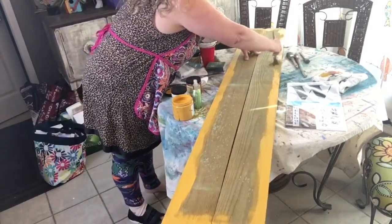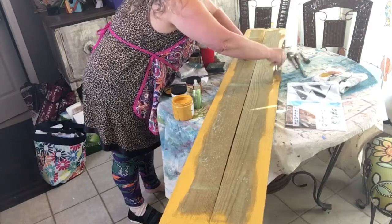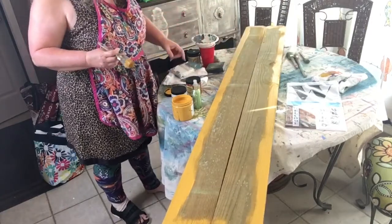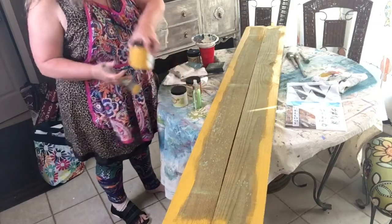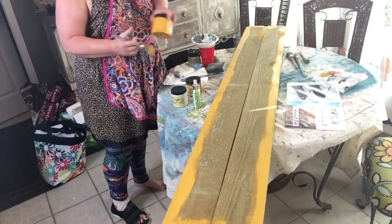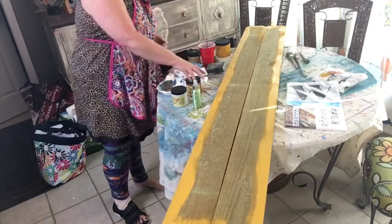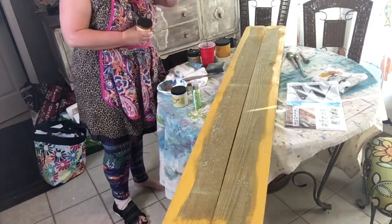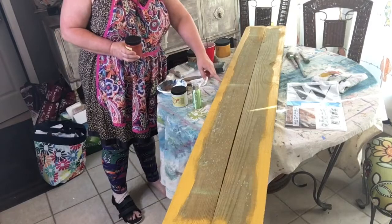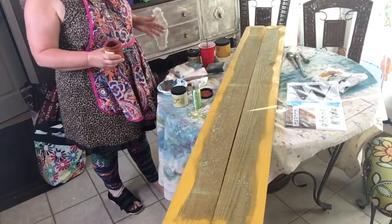But on the next part, and that's where I'm getting a little iffy with it here, I had thought I was going to mix it and do a wash, because I thought it was going to be so hard to get good coverage on the rough texture of this wood that I'd water it down and do it more like a stain or a water glaze or something like that. But now that I'm looking at it, I'm getting really good coverage with the Dixie Belle paint, and the Paint Pixie brush is getting all down in those crevices. So now that I have this here in a solid rather than being watered down, I don't know if I wouldn't be smarter to go ahead and put this paint on